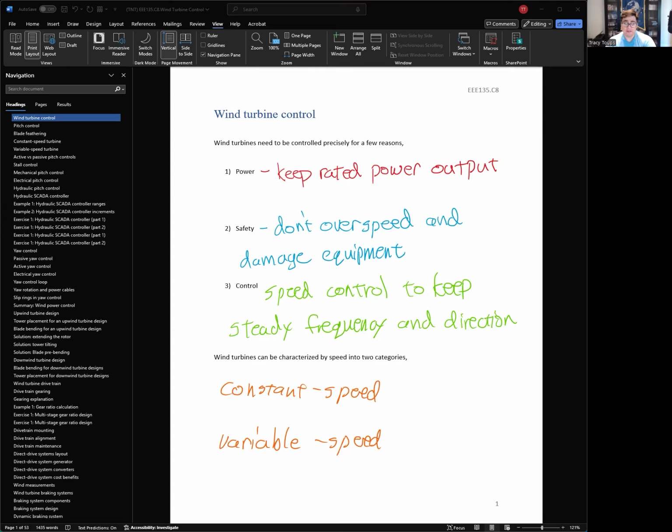Okay. Now, these wind turbines, you can characterize them by two different speed types. You have a constant speed wind turbine where the whole mechanical system wants to have a pretty steady frequency, and we have to change something to make sure that the wind power will change based on the wind speed itself, right? So something with the blades we're going to have to do